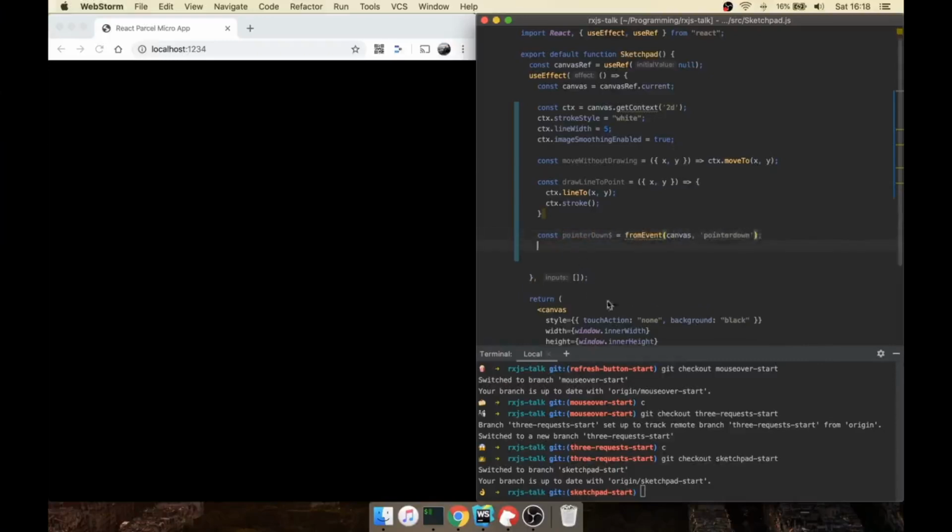You know what always catches me out about these event names is that this isn't camel case, right? So many bugs are really hard to find as well. There's no error thrown if you write it like this. Anyway, sorry, digression. pointerMove from fromEvent(canvas, 'pointermove'), pointerUp from fromEvent(canvas,